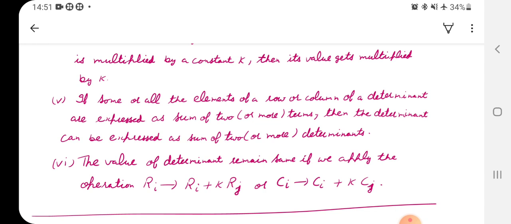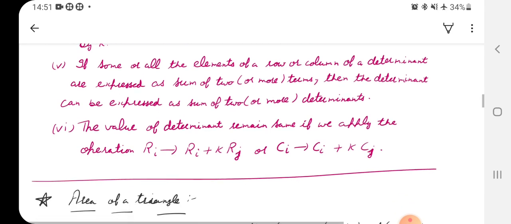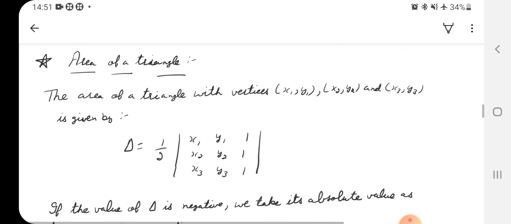This was all the properties on the determinant which will be used to solve your second exercise. Now moving on to third exercise, in that you have only one topic which says area of a triangle with the help of determinants. Now how to find the area of a triangle? So area of a triangle with vertices x1 y1, x2 y2, x3 y3 will be delta equals to half of